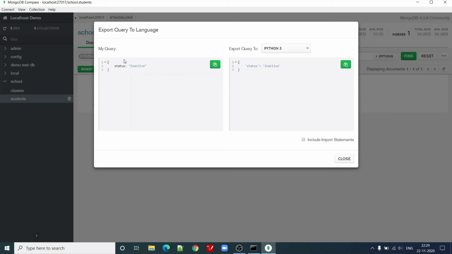So this is how my query will look in MongoDB Compass or MongoDB Shell, but I can convert it into Node.js format, Python format, right? And I can copy this and paste it in my editor where I'm going to write that Node.js or respective language code. For this query, there is no difference, but for queries which are going to be complex, there will be syntax differences between the MongoDB shell command and the respective language-specific MongoDB driver.